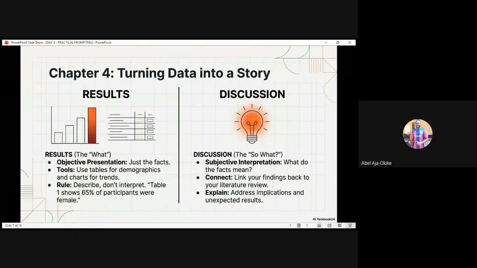Okay, so we are now talking about chapter 4. Chapter 4 is the results, right? And I told us yesterday that sometimes they may request that you put your discussion in chapter 4. Sometimes you may be prompted to push it to chapter 5. But whichever one it is, just make sure you don't fall prey. One of the things we are going to see in our prompt for this chapter 4 tomorrow is how to write a result in APA style. Yes, we are going to see that.